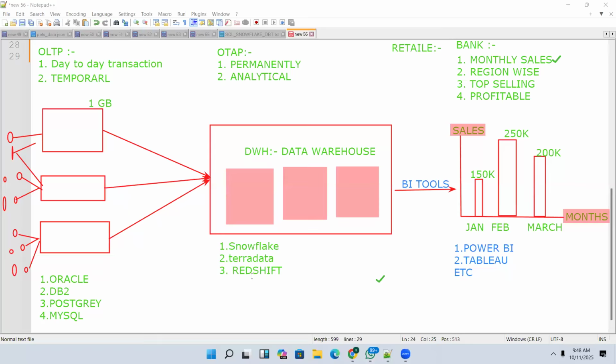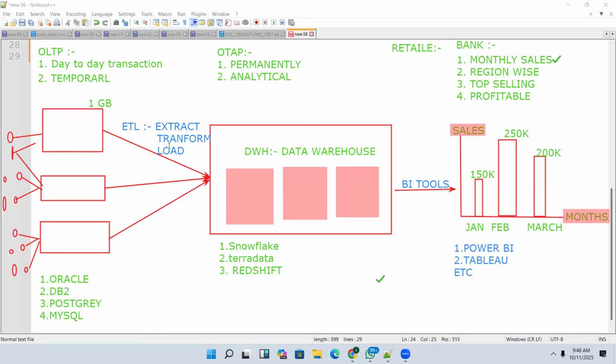And the last one I need to explain to you, there is a concept called ETL, guys. What is this ETL? The full form of ETL: E stands for extract. Second, T stands for transformation, transform in simple words. And the third one is load. Why will this ETL be used? ETL: extract, transform, load.